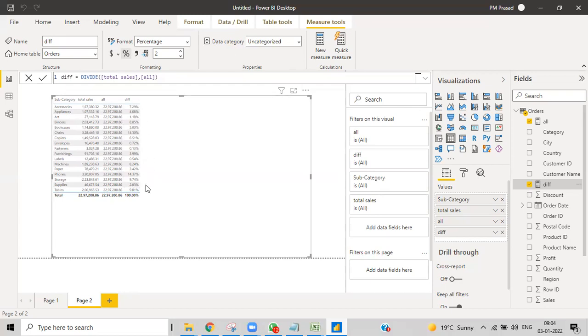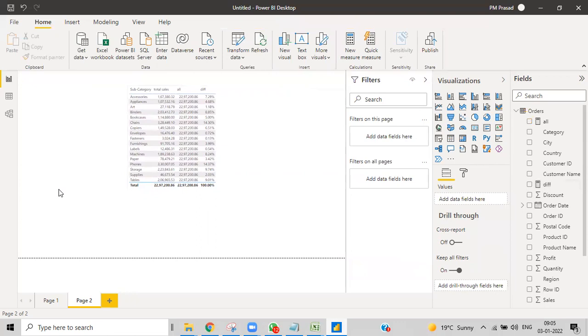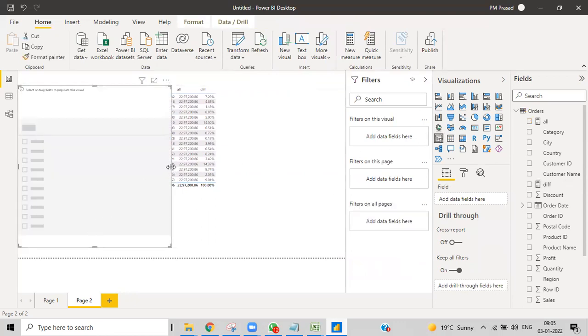To find this, we need the sales of that particular category and at the same time the total sales for each. If we give the total sales again over here, we'll get the current context. To remove that, we'll remove all also for this. I have selected some of the categories over here by using a filter. The national filter is working.